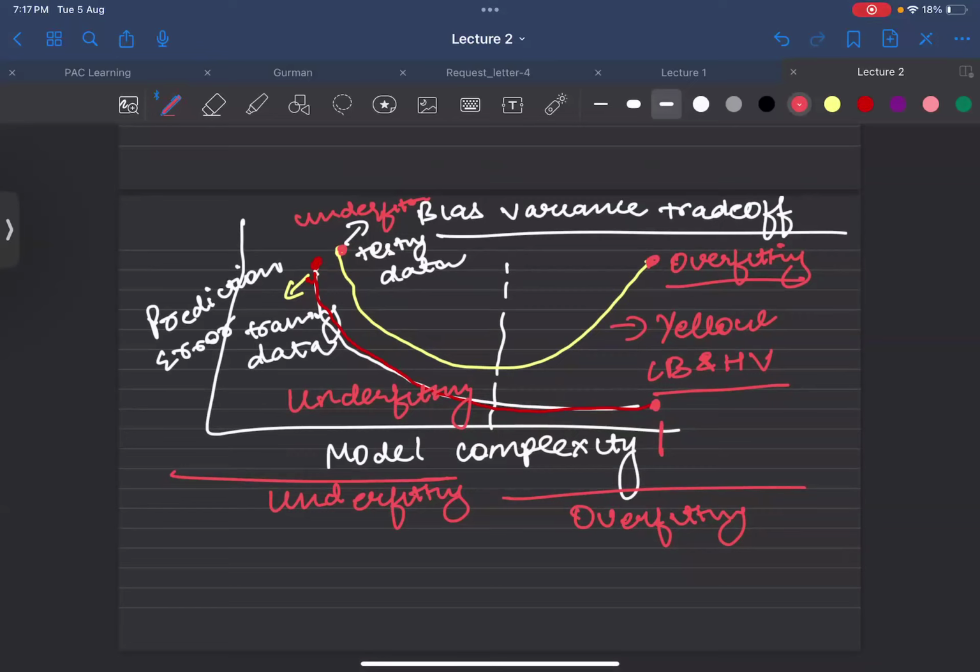What is the case in underfitting? High bias and low variance, because the number of features is very low, so variance will automatically be less. Whenever the model is very simple, the variance is very low. Whenever the model becomes complex, the variance becomes high. The number of points becomes large, and they become more scattered.